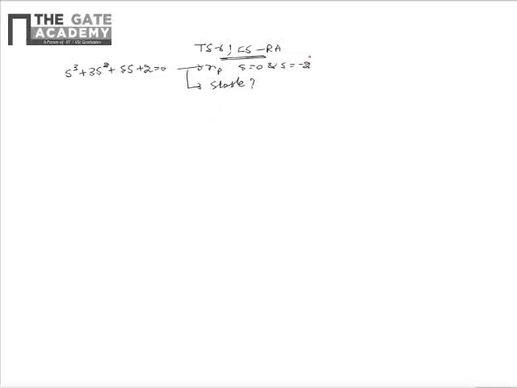For finding the number of poles between s is equal to 0 and s is equal to minus 2, let us substitute s is equal to z minus 2, because of which we get a polynomial in z, using which we can find the number of poles to the right of s is equal to minus 2, that is p1, and using the original equation we can find the number of poles that is to the right of s is equal to 0, that is p2. The difference p1 minus p2 gives the number of poles between s is equal to 0 and s is equal to minus 2.